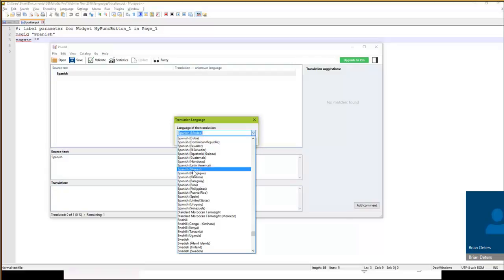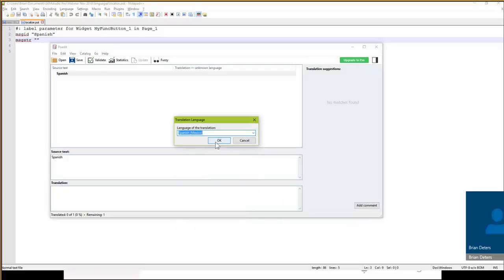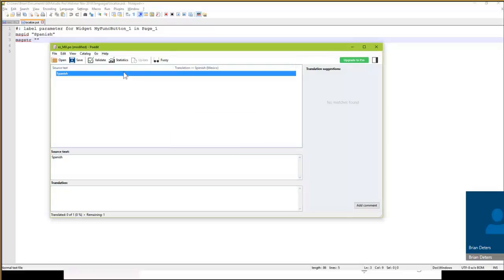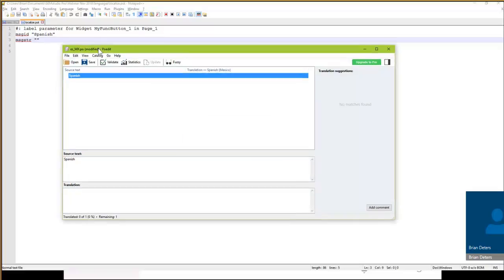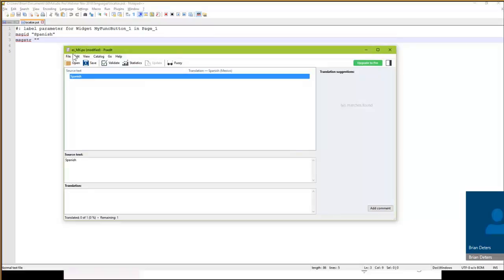So you can have a different type of Spanish for every different region that's defined. Let's choose, I'm just going to leave it on Spanish for the Mexican region. And it automatically creates the right file name. You can see ES for Spanish, underbar MX for Mexico. All of these naming conventions are part of the standard. So we don't define them, but we conform to them, and it makes it very easy for you to do whatever